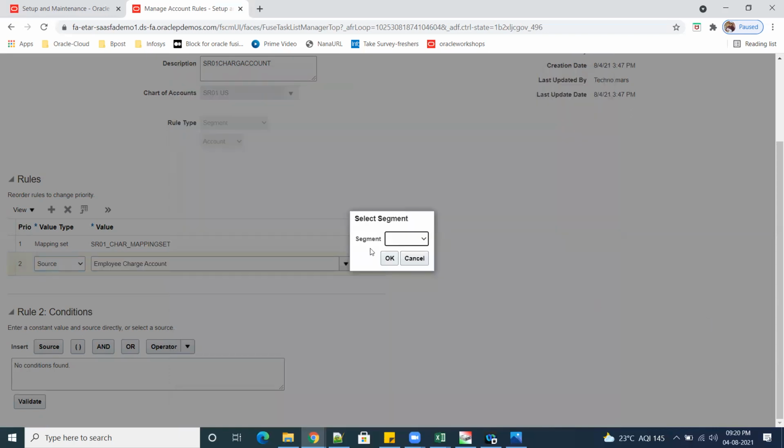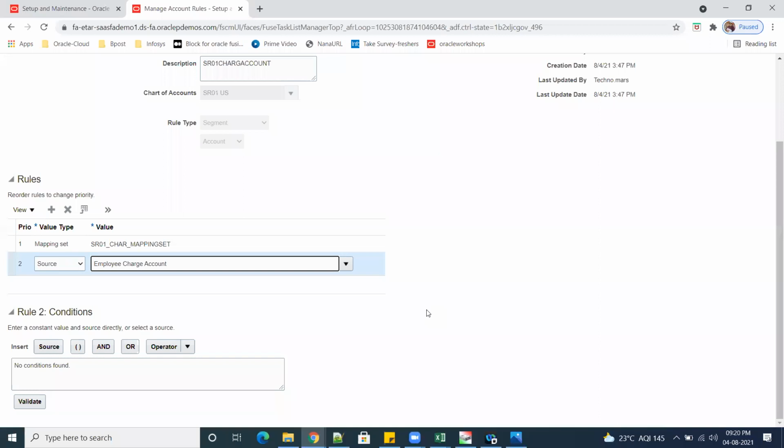Suppose we selected a segment. Okay. So just I'm giving an example. Suppose you have two kinds of sets like this. So you have to write a condition for when this first set will execute and when this second set will execute. So based on our condition, the system will check and pull up the values. Okay. So this source most of the time we are going to use for account combination, not for segment.